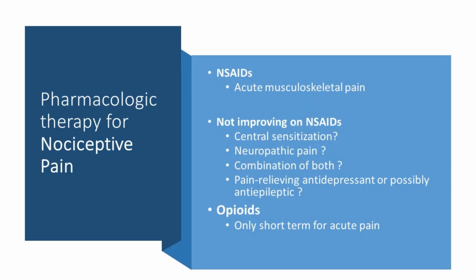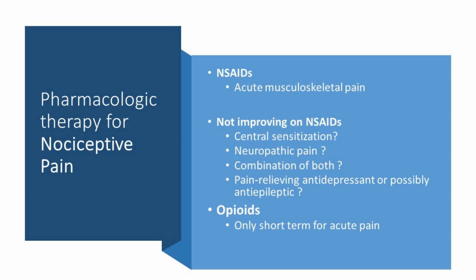Let's address some take-home points regarding nociceptive and neuropathic pain first, before we move on to the pain medications themselves. So we're gonna start with pharmacological therapy for nociceptive pain first. Just remember one thing: for acute musculoskeletal pain, number one medication is NSAIDs. If the patient doesn't have any contraindications to NSAIDs, oral NSAIDs are obviously preferred. You can also use topical NSAIDs if you have like localized arthritis or superficially located joints like hand, wrist, foot,